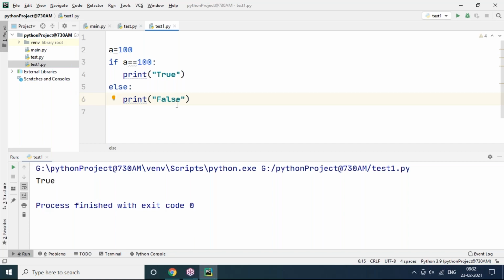A compiler means compilation of the code, but here it is not a compiler. The interpreter will compile the code. Explicitly, we will not compile any program. As I said in the last session, Python is an interpreter-based language, so the interpreter compiles internally. You need not do compilation. Compilation means cross-verifying the program for errors before executing.